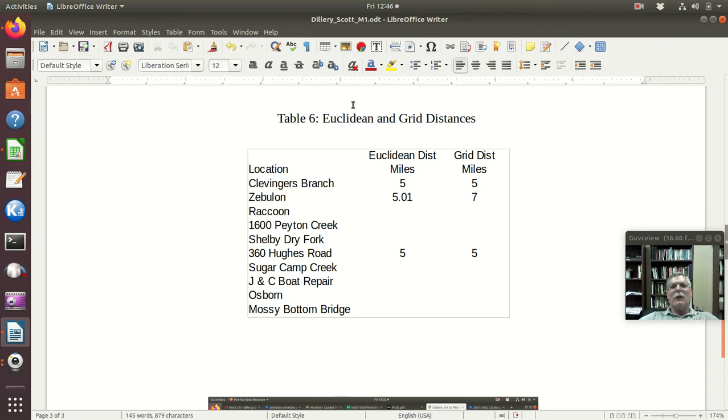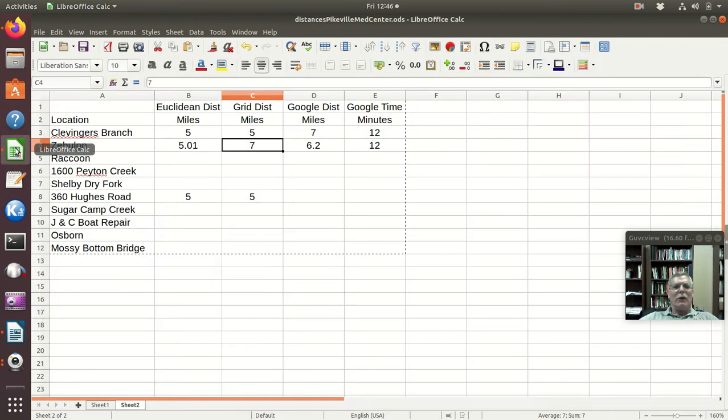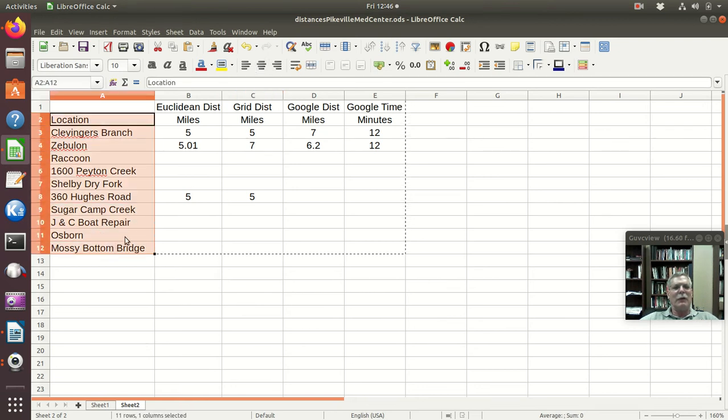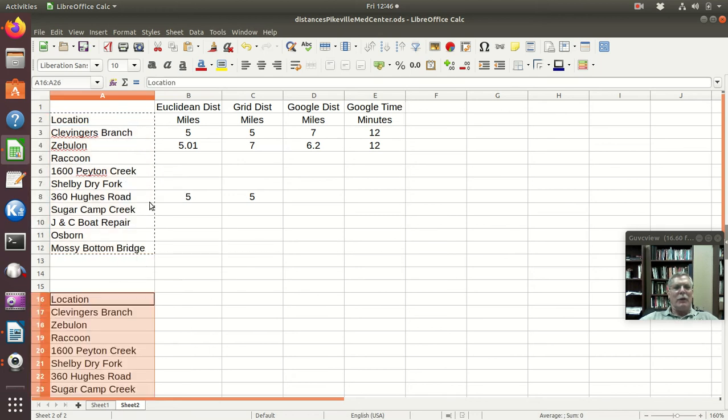Well, maybe you want to tell your story and only talk about the grid distances, so maybe you get rid of that. And you come back here, and you can play with this a little bit. I could do a copy and paste, right? So I could take this, copy it, and paste it here.